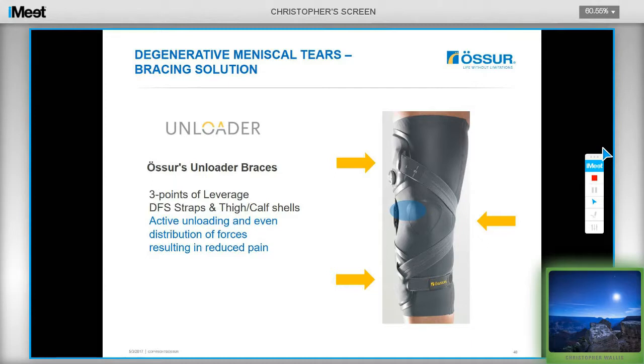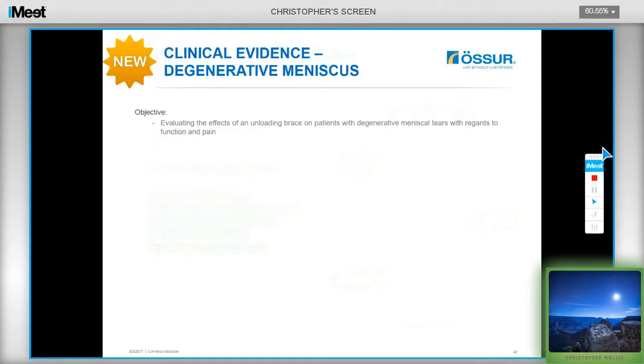From an OA perspective, we have a deep backlog of clinical evidence, and I can show you where you can find out about that for those wanting to use the Unloader 1 and Unloader Fit for OA. But we've now got a recent study, completed late last year, specifically using the